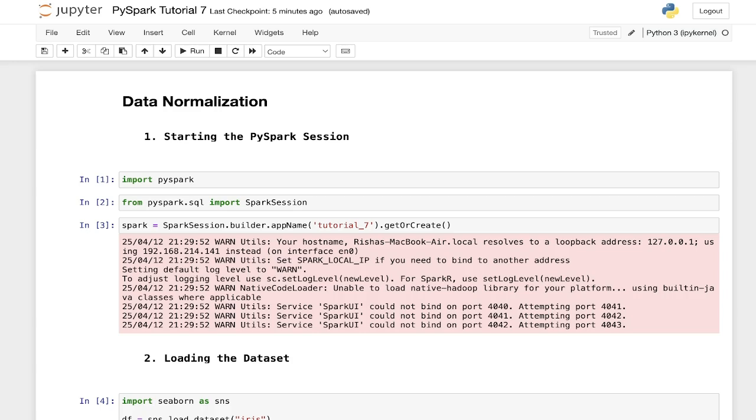Normalization basically brings all your data onto one common single scale between 0 to 1, and standardization makes your data to a mean of 0 and a standard deviation of 1. Similarly, in PySpark also we have to perform data normalization because it is necessary for our model to be completely unbiased, and it can only be unbiased when the data is normalized.